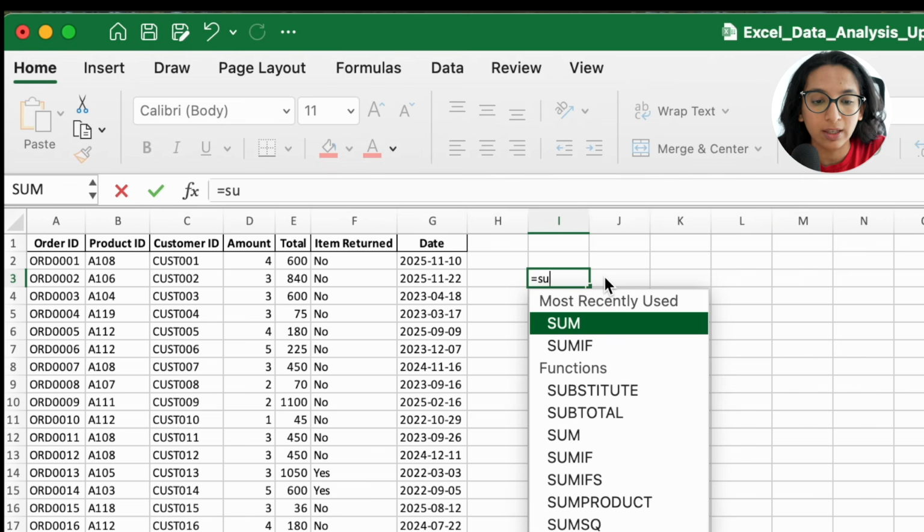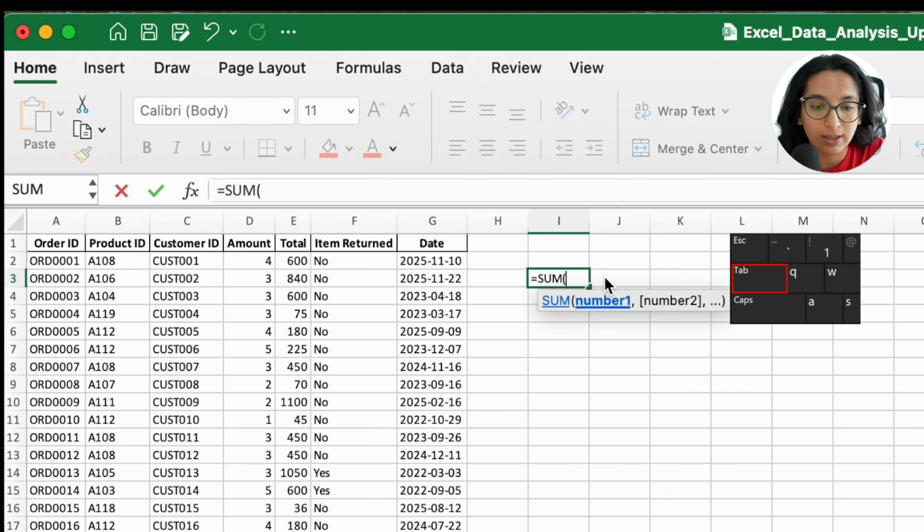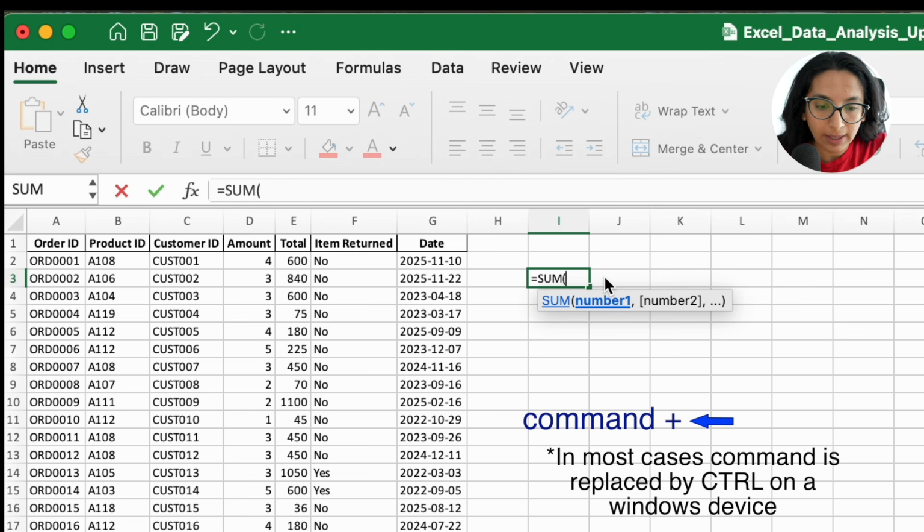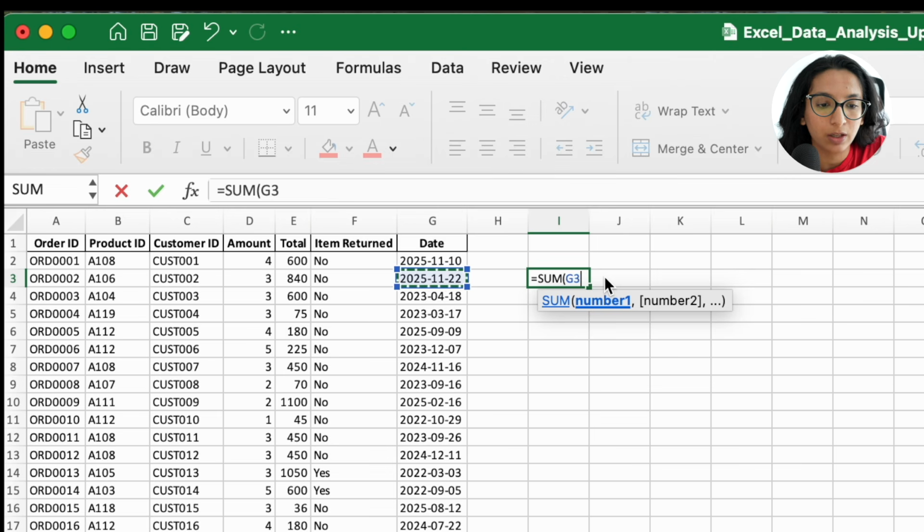One important thing is using shortcuts, which is going to make you more efficient in your use of Excel or any software for that matter. So when you start typing sum, you'll see that you have different options. Instead of typing down the entire function or clicking on it with your mouse, you can hit tab on your keyboard and you'll see that the function is populated in the cell with open parentheses. You can hit command and the left arrow to go to the closest populated cell in Excel, and then I'll use my arrow keys to go to my revenue column.